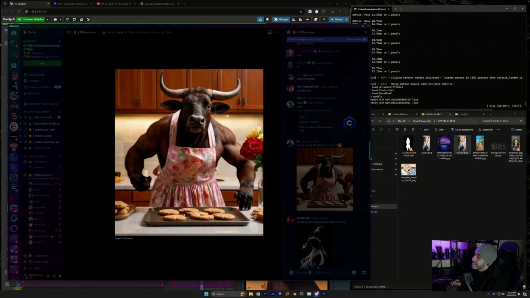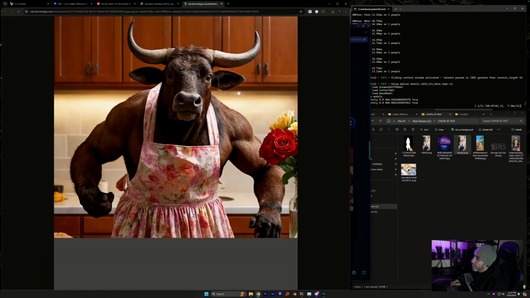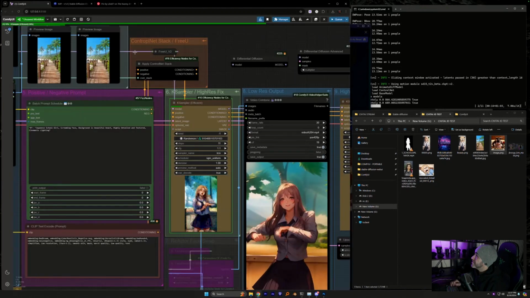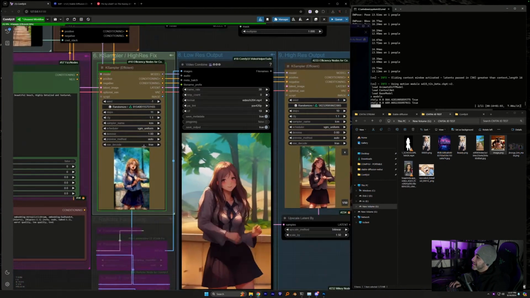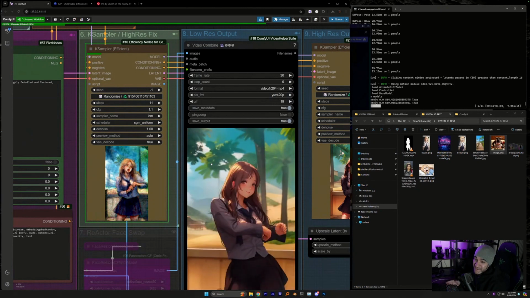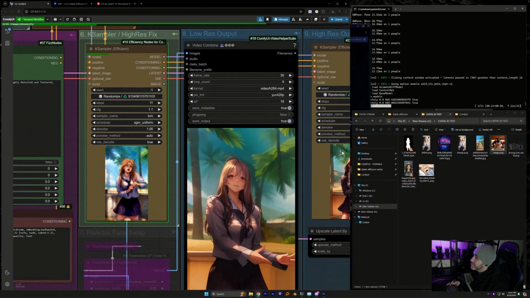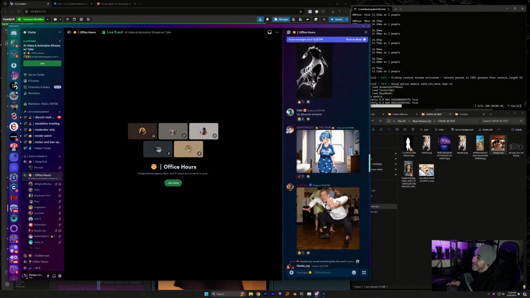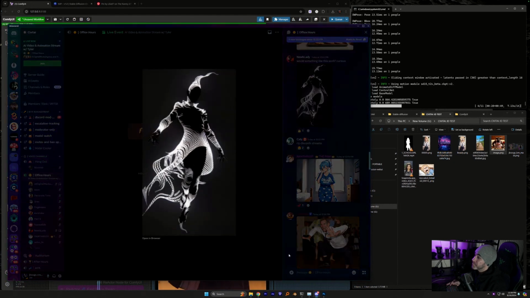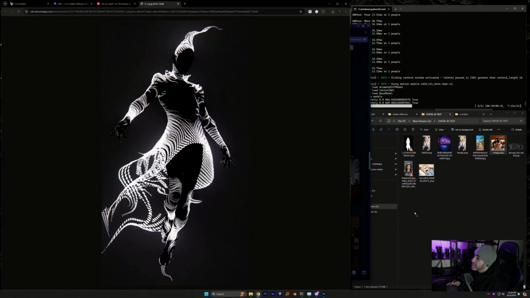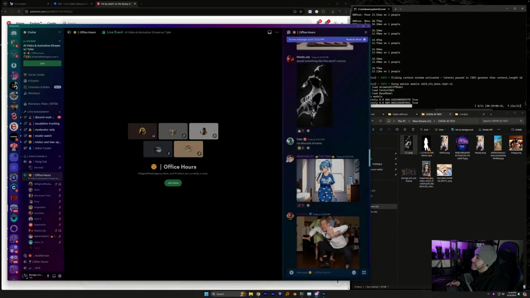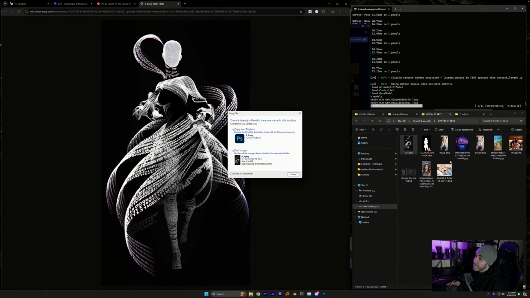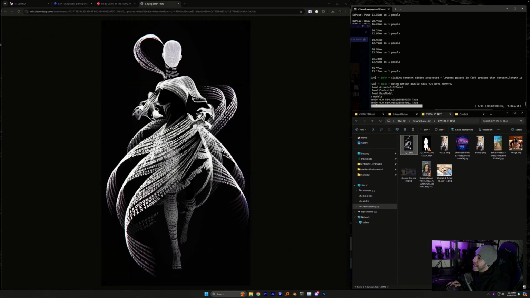Oh, this is the furry one all the furries came here for. This is what they want to see, and this is going to be cursed. This is actually going to be cursed, and it is hilarious. Here for it, and we'll try some of these. I'll try this one next. We'll try some of the cooler abstract ones too and see what happens. And let me grab this one. Boom. We'll actually mix these two together and see what happens.